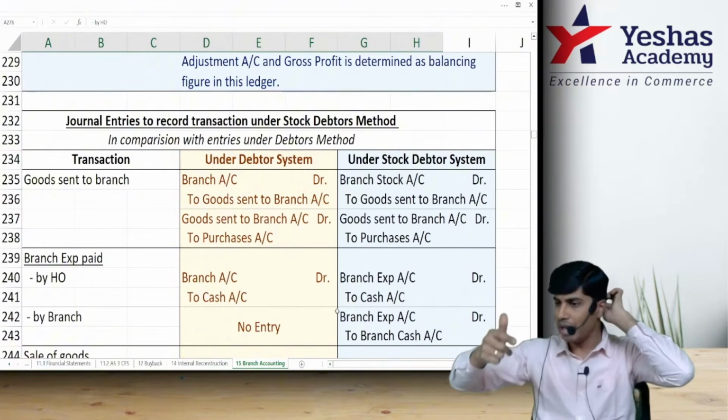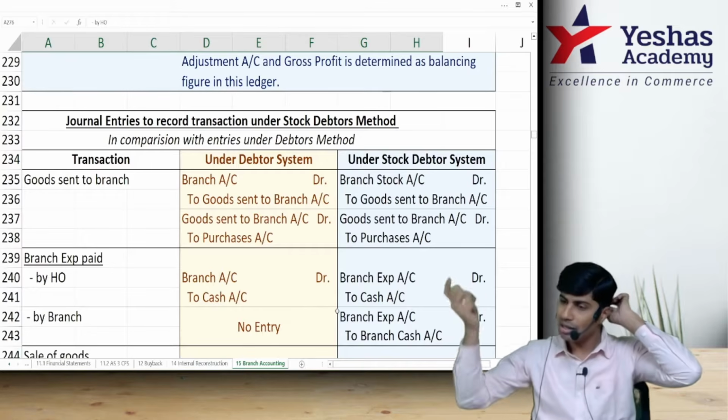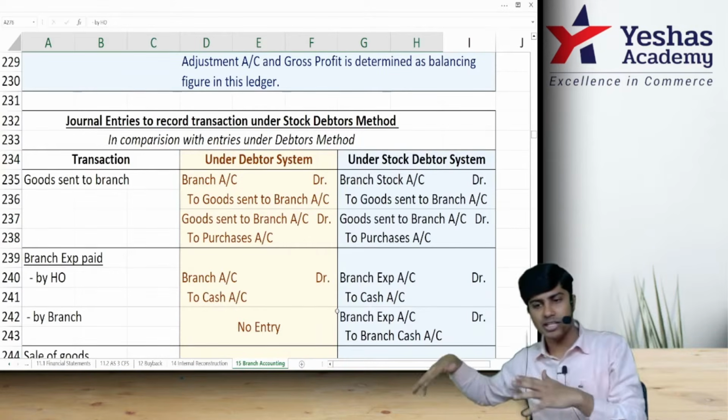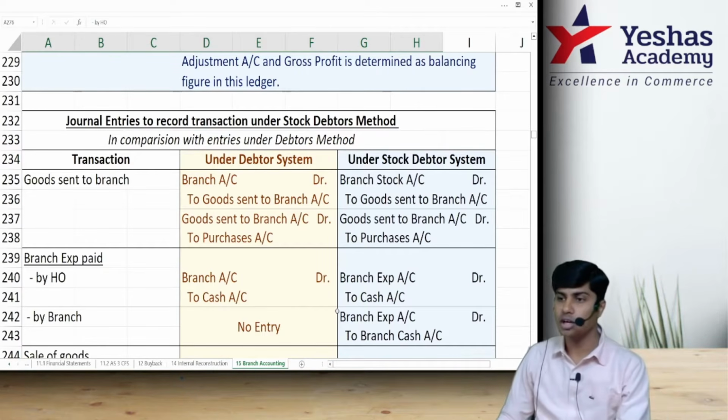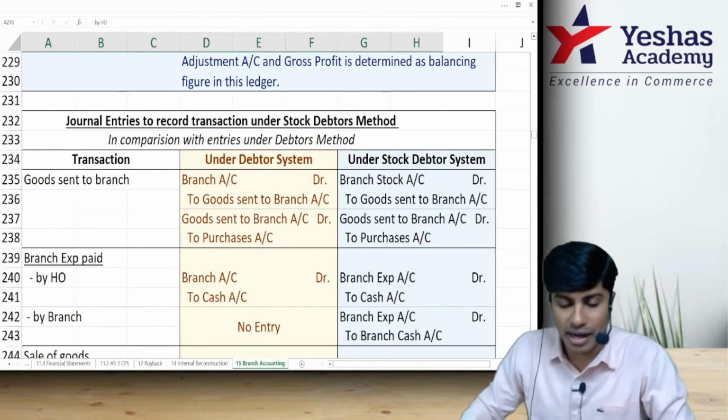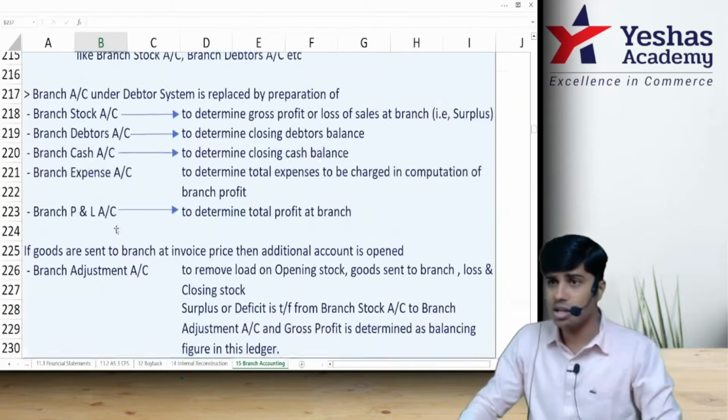In this, if there is any balancing figure missing, find that number and then close it. After you close all the expense ledgers and then post it to branch P&L, then you close branch P&L to determine the profit. Hope you guys got this. And another thing that you should note in branch debtors and branch stock debtor system is,